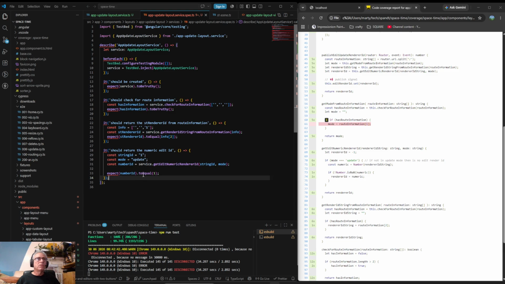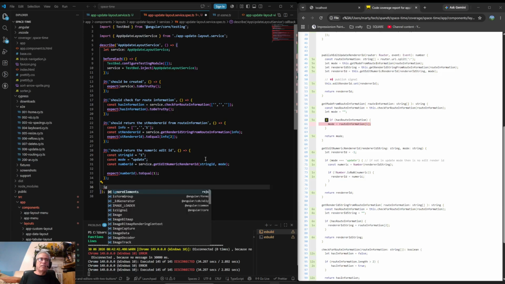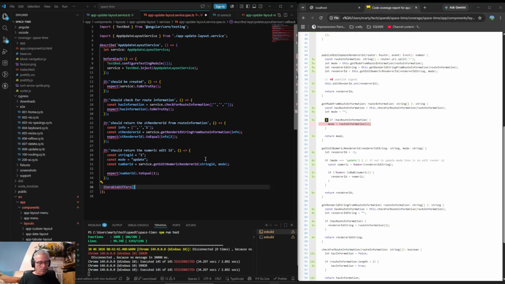Anyway, so we're trying to get this one should return a numeric edit ID, and this one should return the mode. So it is our function, and I don't know why I always forget. Does it even know when I mouse over? Yeah, it doesn't know what it is.